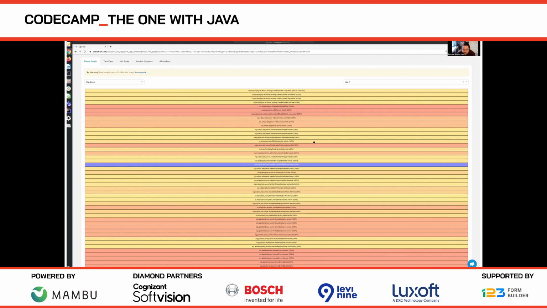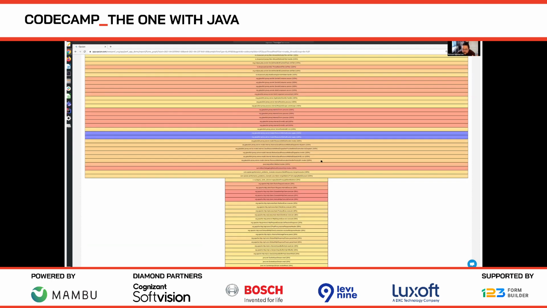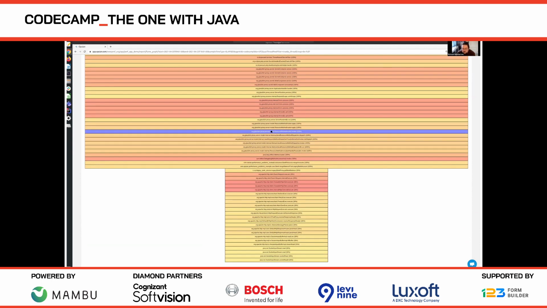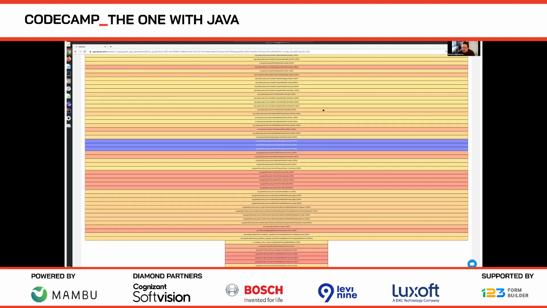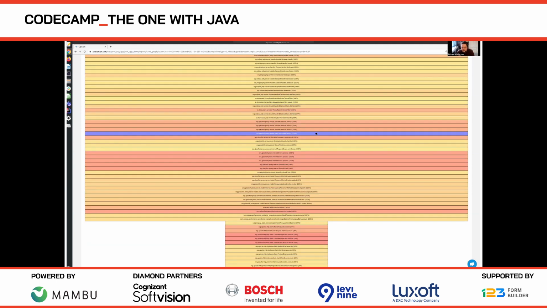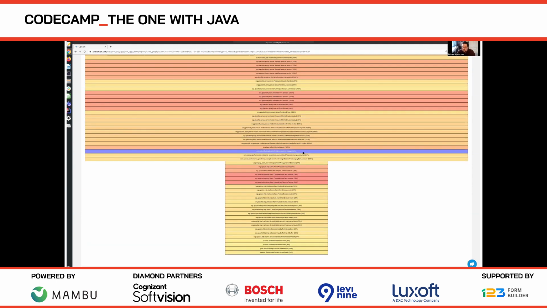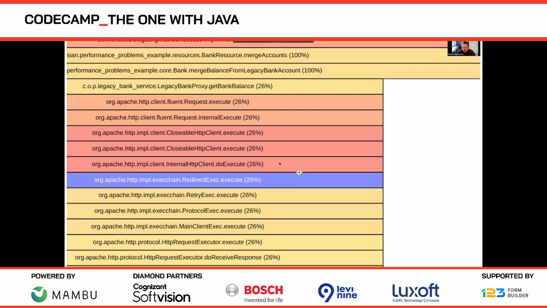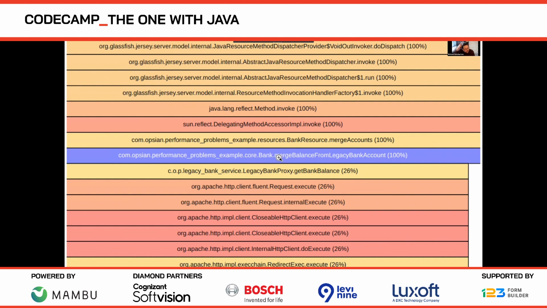There's a whole bunch of code here which we don't really care about, don't need to know what it's doing, but it's basically running Jetty code, Glassfish code, Dropwizard code. But we don't care about it because these boxes have the same width. You can just see that visually looking at the flame graph without reading the methods or anything. They've got the same width, so they're not interesting. What's interesting is this point down here where we narrow down. And we've got a method here called mergeBalanceFromLegacyBankAccount, which makes sense given that's the operation that we were running.